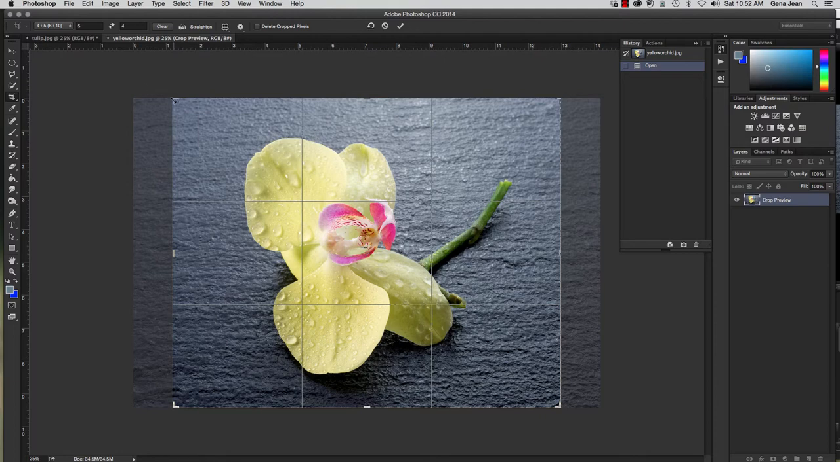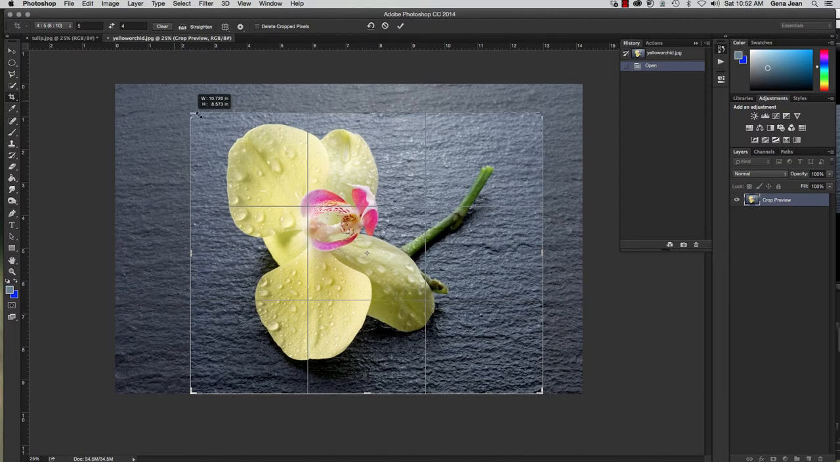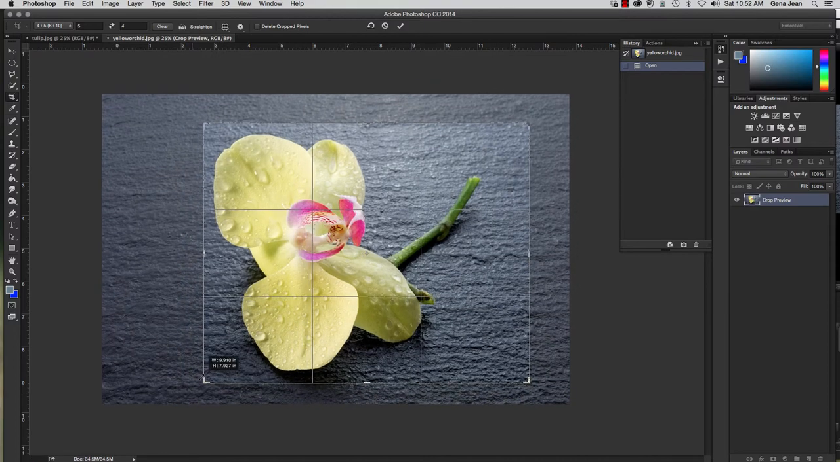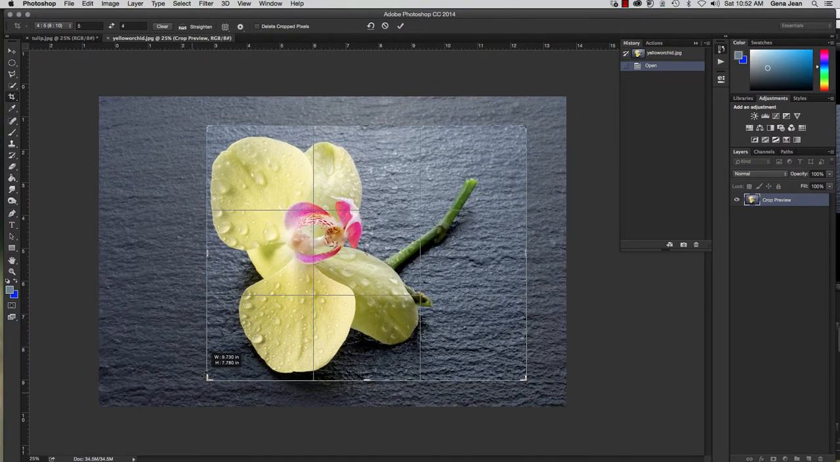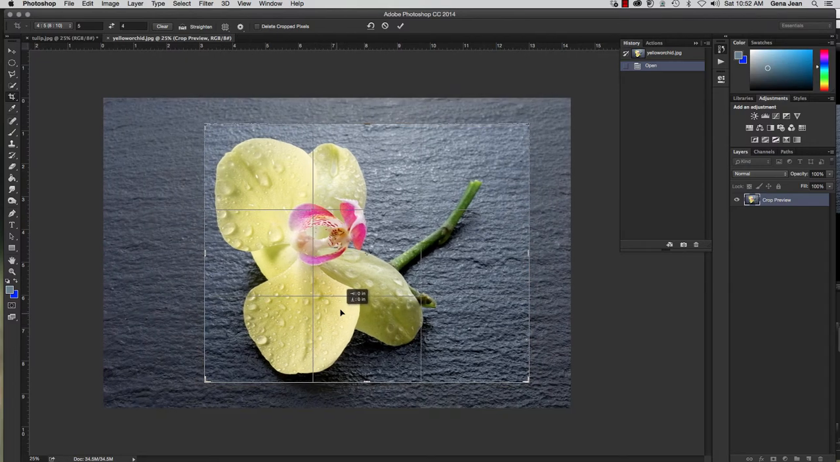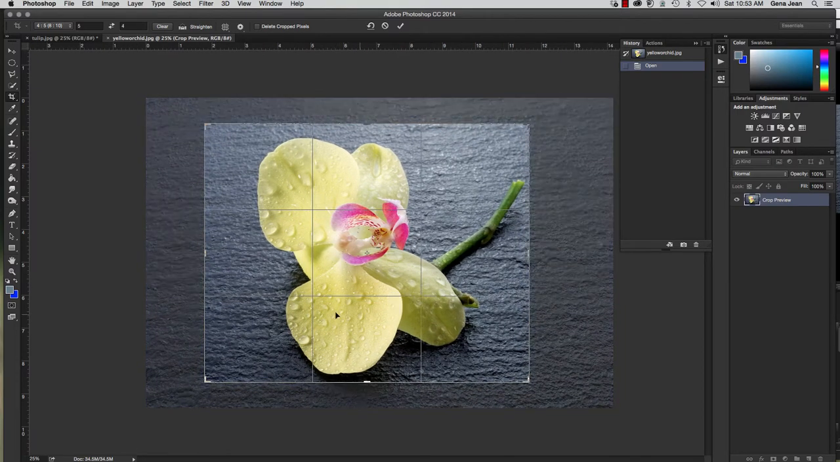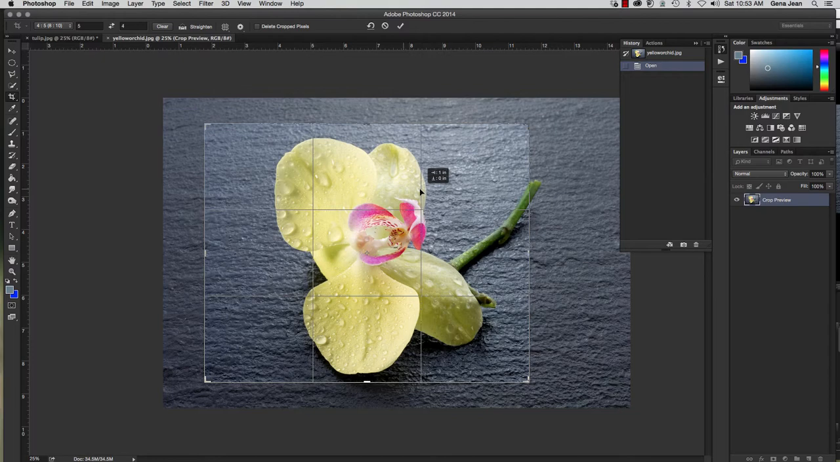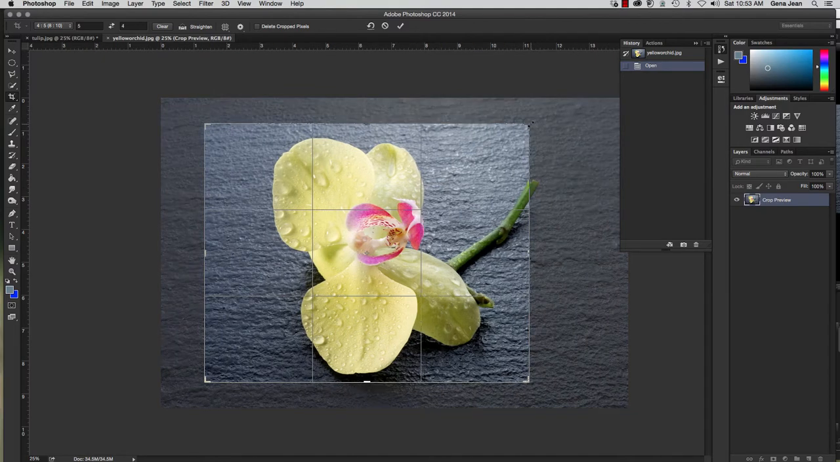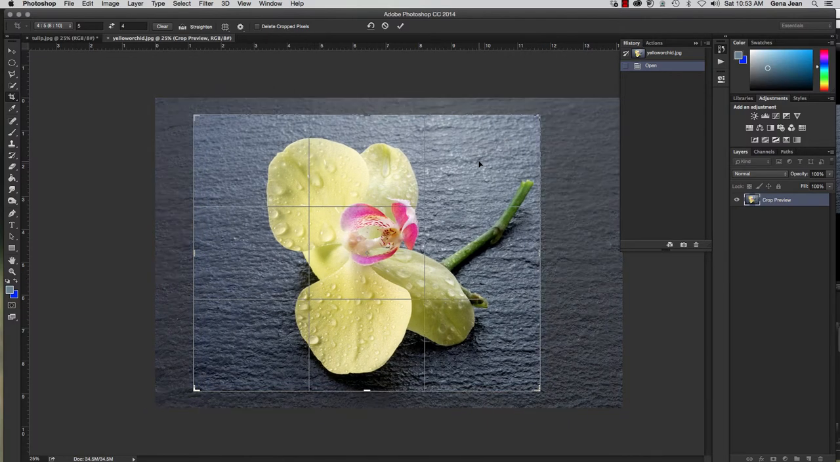And you need to bring your crop in so that the orchid flower is filling almost the entire image from top to bottom here. And you are going to center the orchid onto your grid and make sure that you don't crop out any of the stems. So whatever size that you need to set